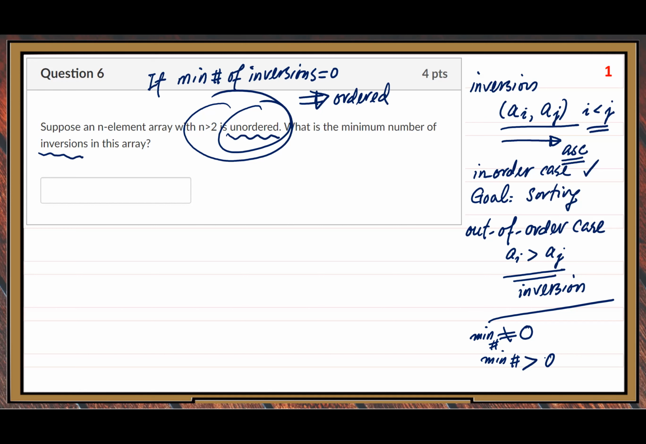But next, minimum number of inversions. Here, I would like to give you 2 similar versions for comparison. This is version 1, and this is version 2. The condition is the same as given in this question, but the question is different. Version 2 question: